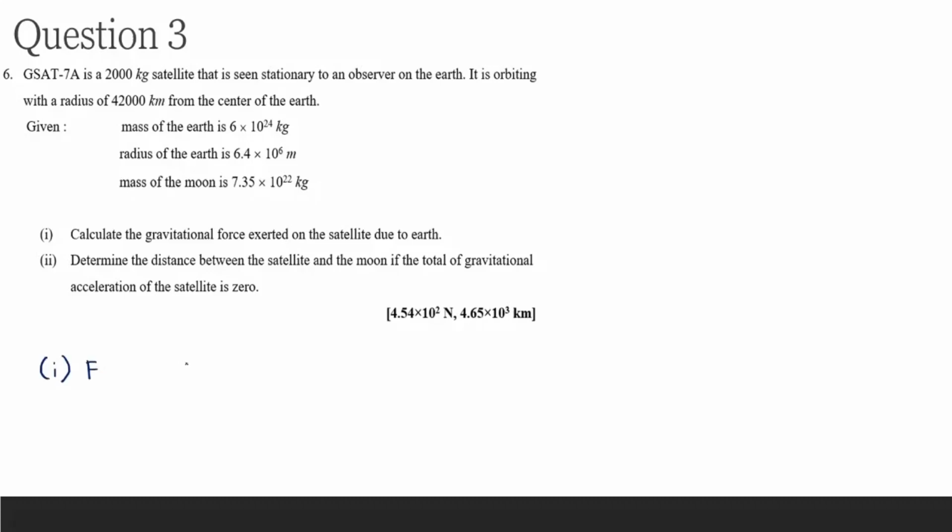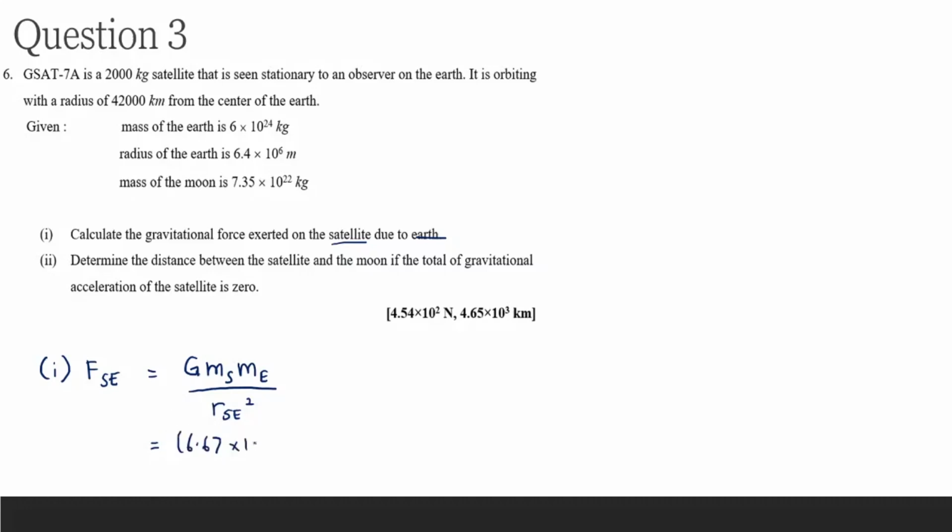So for number 1, gravitational force, it has to involve two bodies. So now we are talking about satellite and Earth. So F_SE equals G M_S M_E divided by R_SE squared. Then just substitute